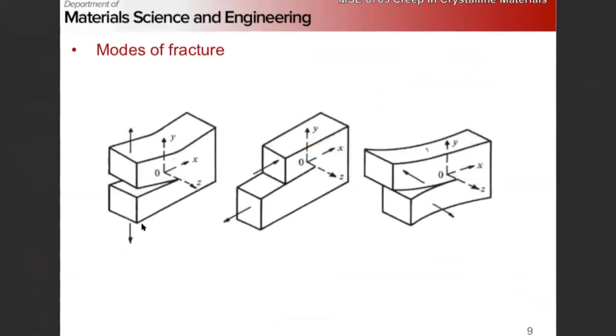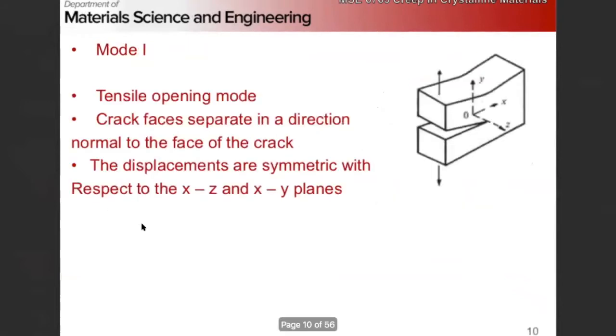Okay, so we have 3 basic modes that we want to consider of how a crack can open, right? And this is just nomenclature, right? Mode 1 is tensile opening, right? The crack faces separate in a direction orthogonal to the face of the crack, right? We have a symmetry of displacements, right? The XZ plane, top above and below this plane, and the XY plane, side to side of this plane. We have a symmetry